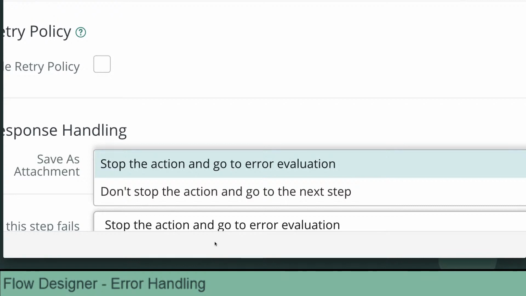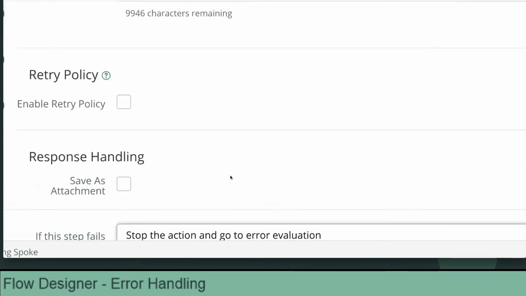Alternatively, you can say, hey, we're going to swallow this error, whatever it is. This train has to keep moving, and we're just going to move to the next step within our action, because you might have default values or something that'll catch that. It goes, you know what? Doesn't matter. It's not critical data. Exactly. So let's say in this example that you're walking through, we do want to stop our action, and maybe